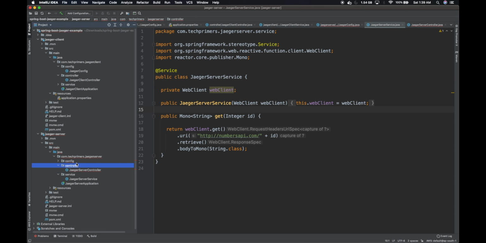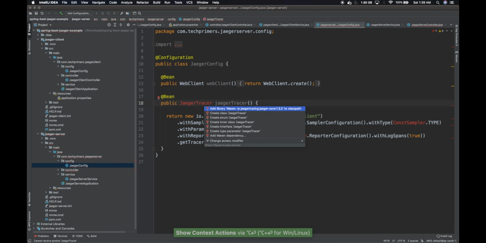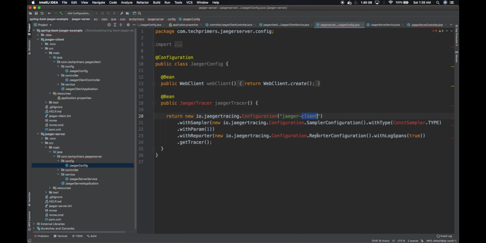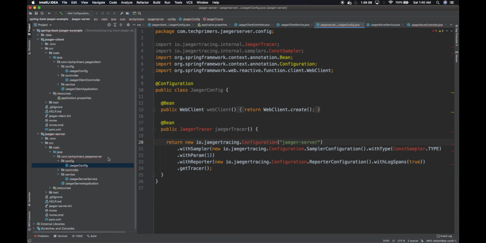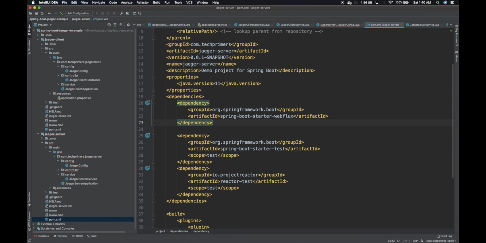Coming back to the configuration, so we need to have some configuration. So we already added some configuration, so let's correct that. Here instead of using the client, I'm going to use the server. Also the Agar was not added in this project, so let me go to the red options are all because Agar is still not detected in this project because we didn't add it in the POM XML. So let me go to the POM and I will add the Agar dependency.